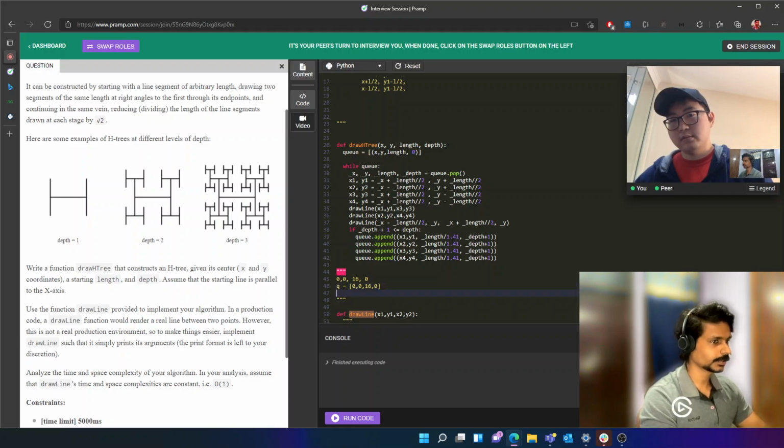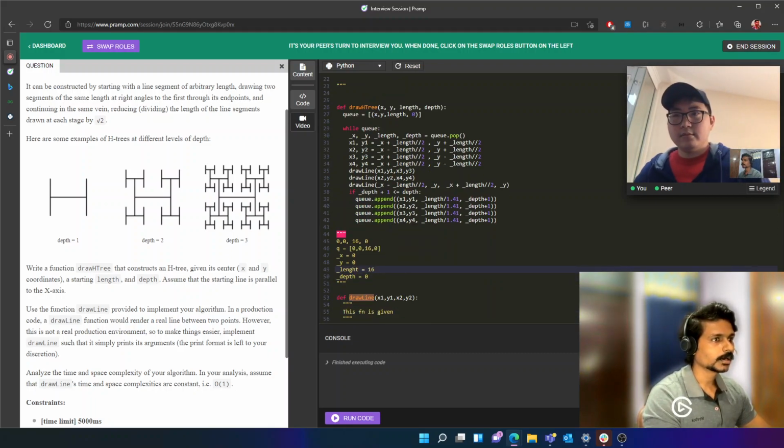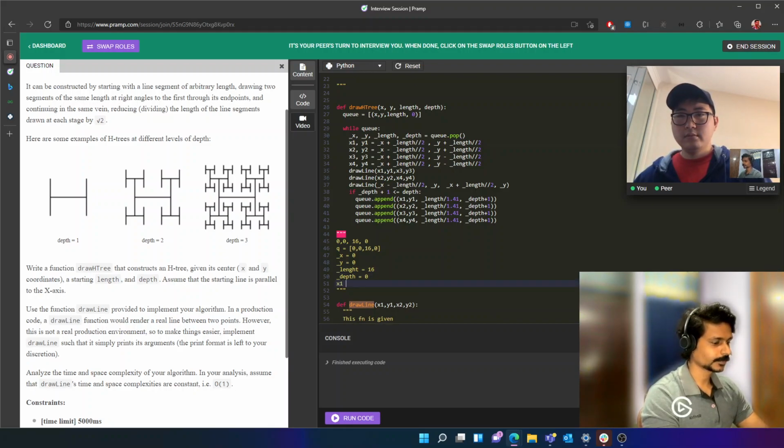So my _x will be 0, _y will be 0, _length will be 16, and _depth will be 0, right? So now for this I will calculate my x1. x1 will be 0 plus 8. So 8, and then y1 will be